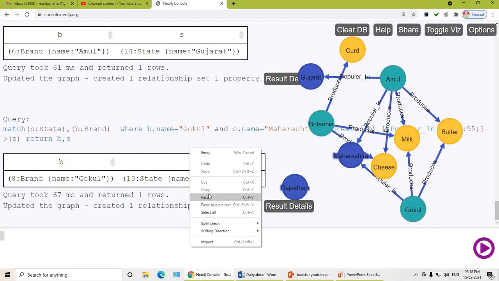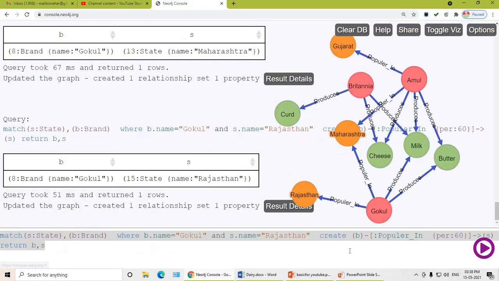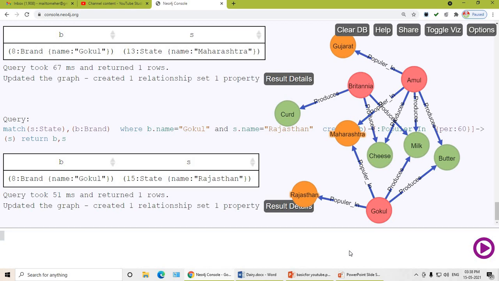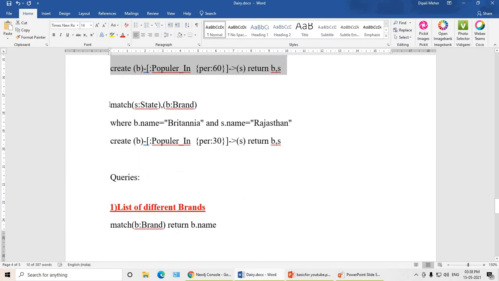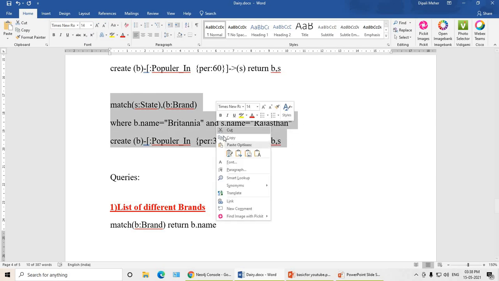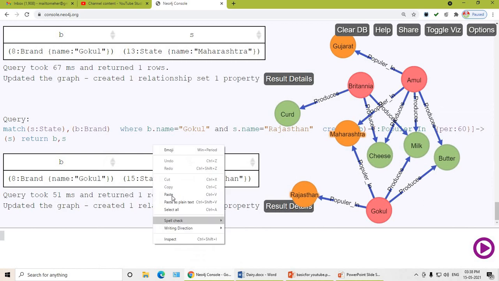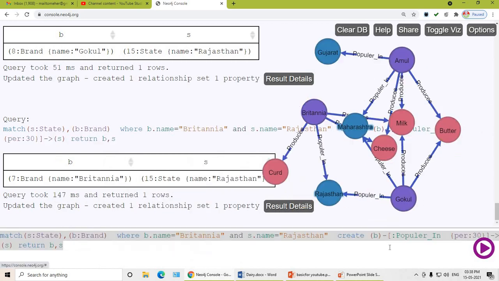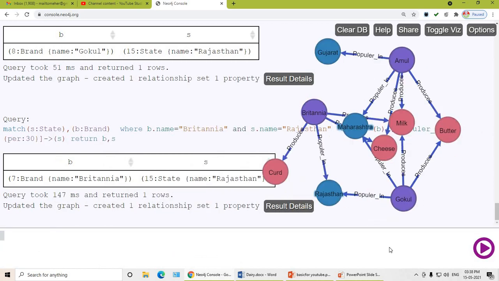So let us create that relationship. Possibly one brand is highly popular in one state and less popular in another state. Then Britannia is popular in Rajasthan by which percent? 30%. So in this way, we have done the modeling of the Neo4j database.